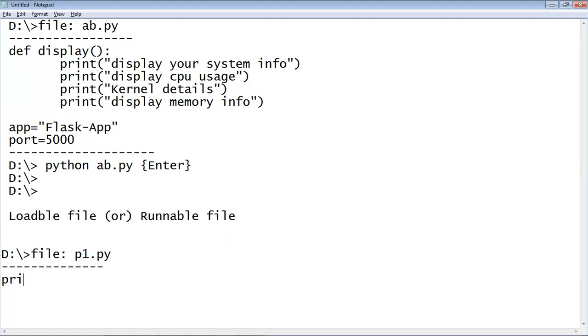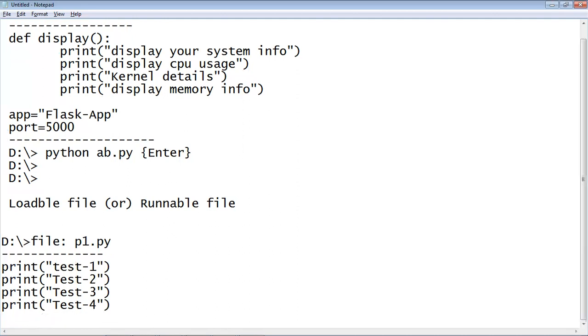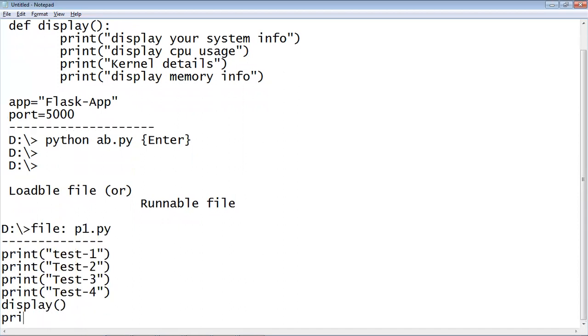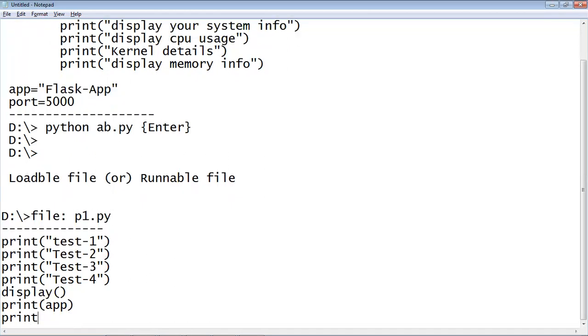Here, I'm writing print statements: print test1, print test2, print test3, print test4. Like this, we can print a list of statements. Here, I want to use the display function, and I want to use the app name and the port number,